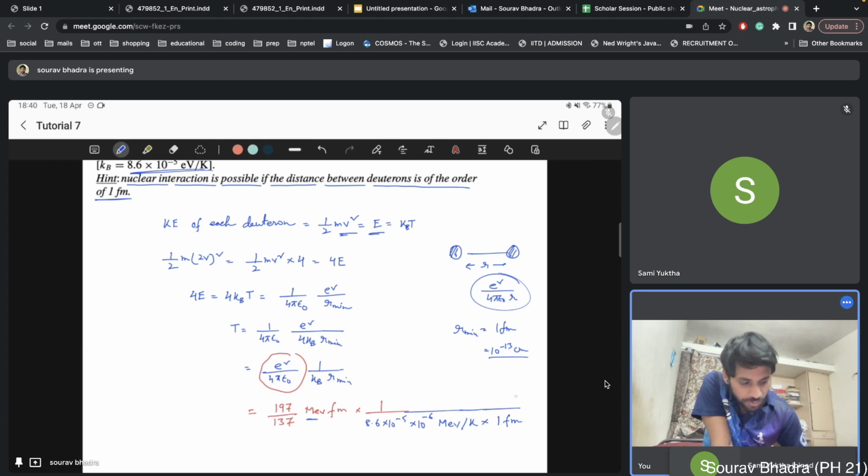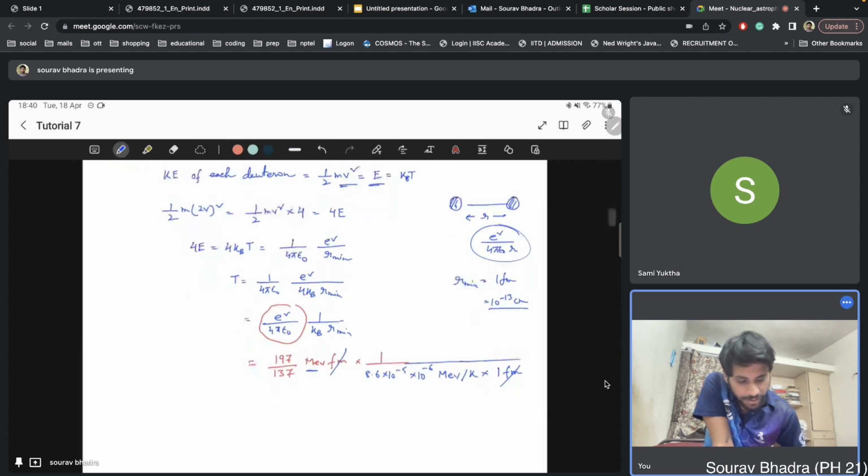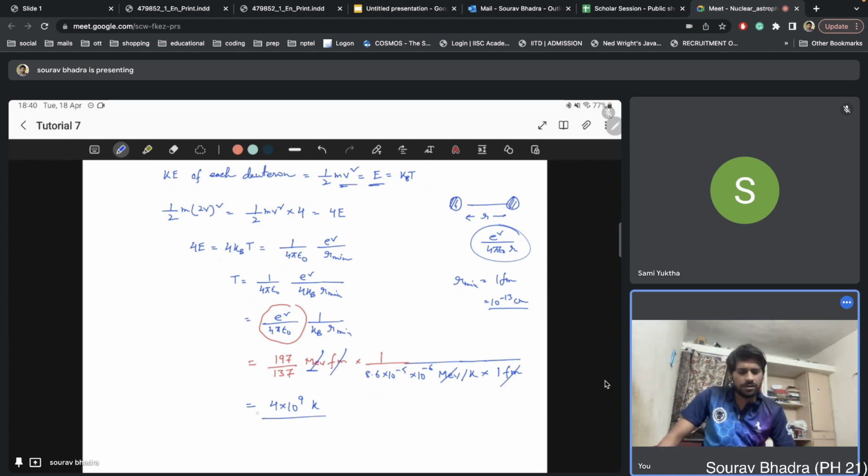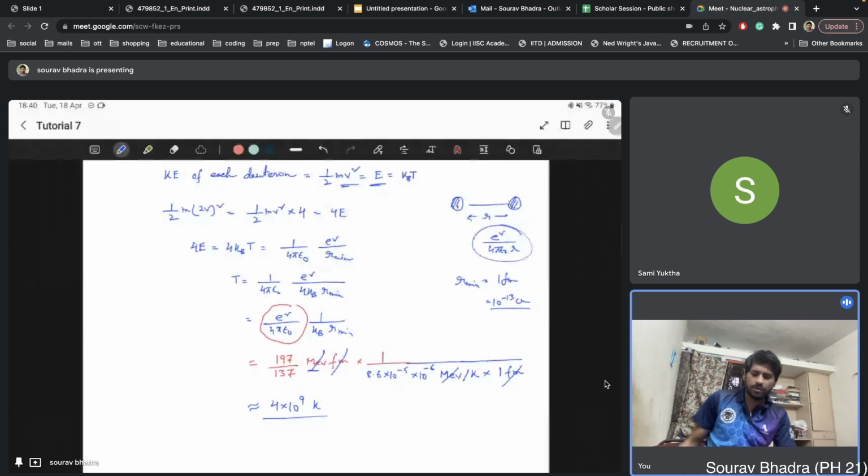You don't have to go to the 10 to the power minus 3 value, because femtometer will be cancelled out from the denominator and the numerator itself. Okay, and if you do this calculation, MeV will also be cancelled out, the Kelvin unit will be there, and it is roughly 4 into 10 to the power 9 Kelvin. That might be 4 point something, in integer I am writing it as 4 into 10 to the power 9